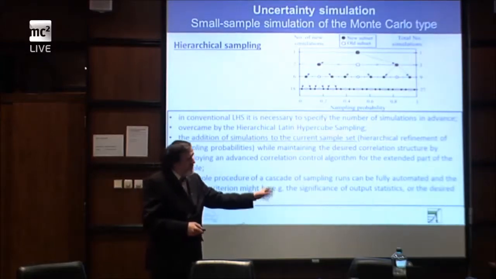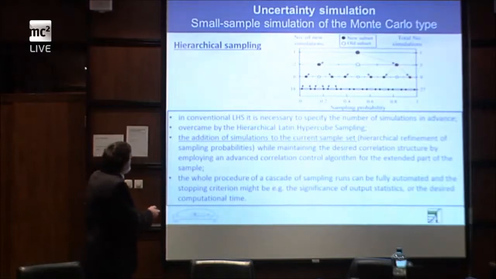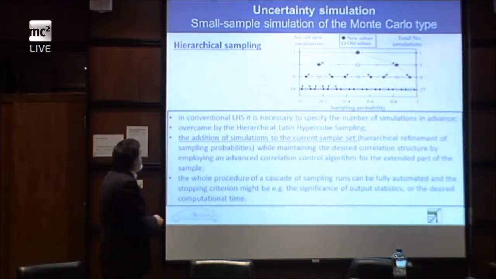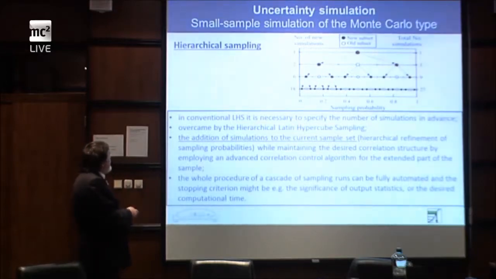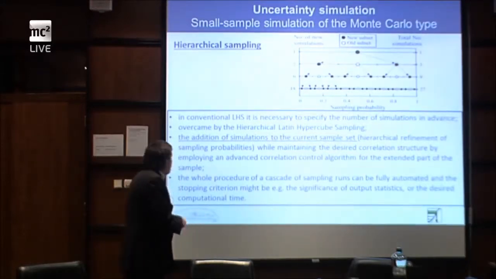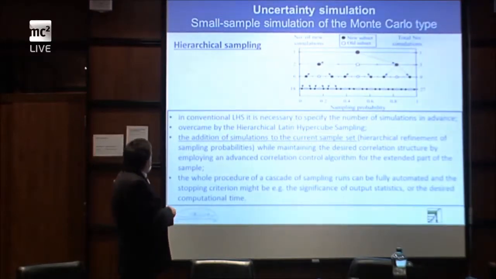So you can count them. But in the case of Latin hypercube sampling, the situation is actually more complicated, because in the hypercube sampling scheme, it is necessary to specify the number of simulations in advance. And we overcame this by hierarchical Latin hypercube sampling, where we solved the problem of adding simulations to the